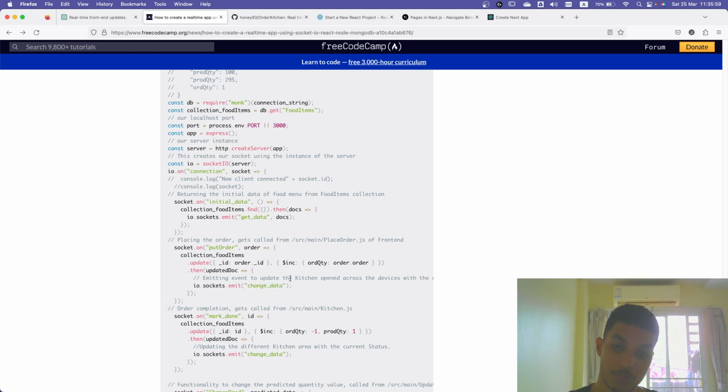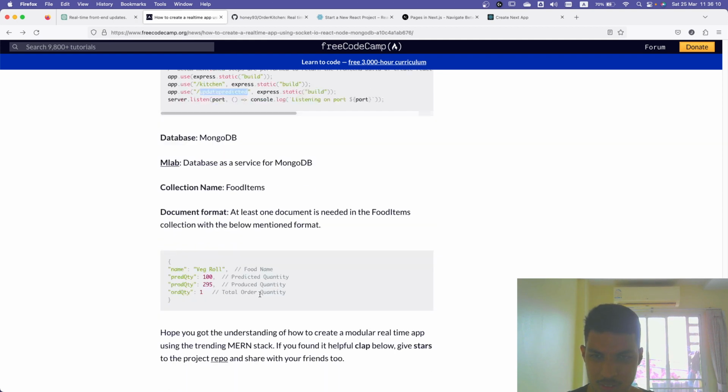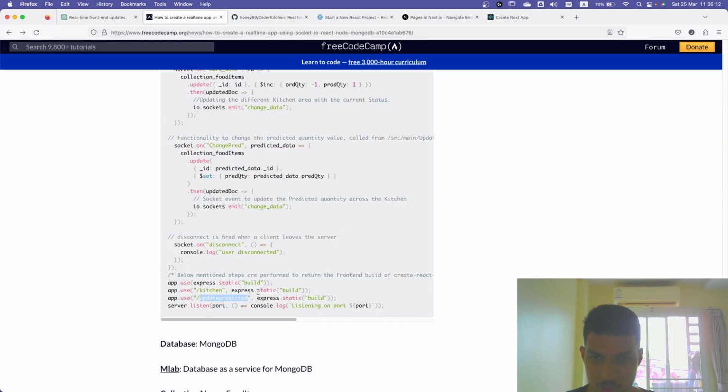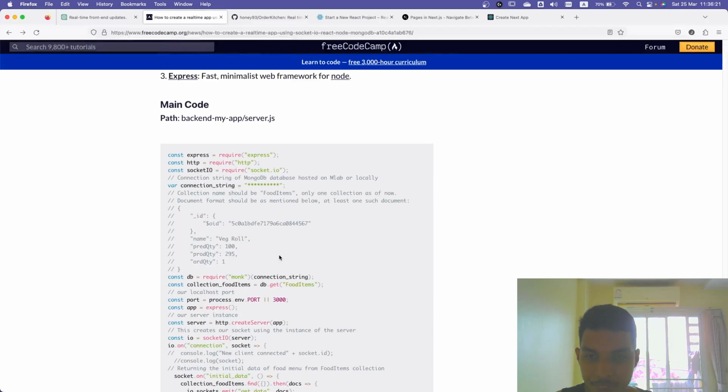Data change. But where is your server? I don't understand. Express static build? What? I'm confused. Okay, so on the back end,